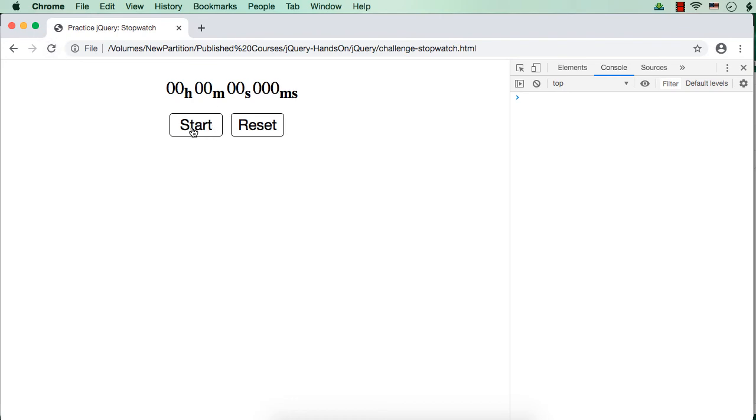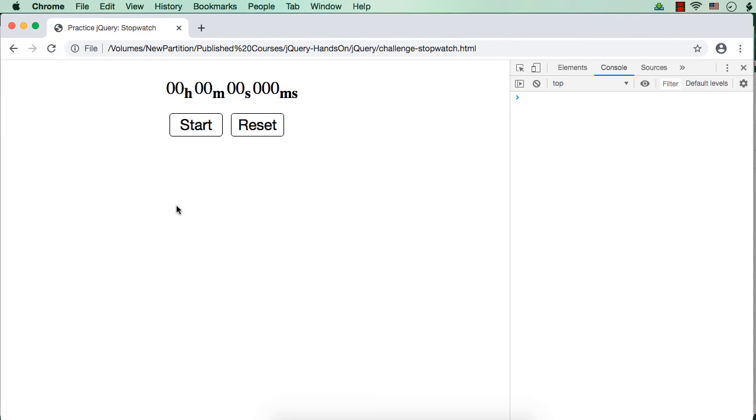So let me refresh and show you once again. I am clicking start. It is running, and if I click stop, it is stopping. Up to that it is correct. But if I click start again, it should not be starting from scratch. That is, it should not start from 0. Instead, it should be like 4, then 606 or whatever value it is. So in our case, it is starting from 0.